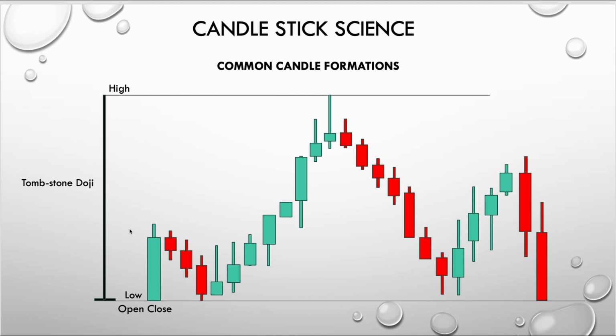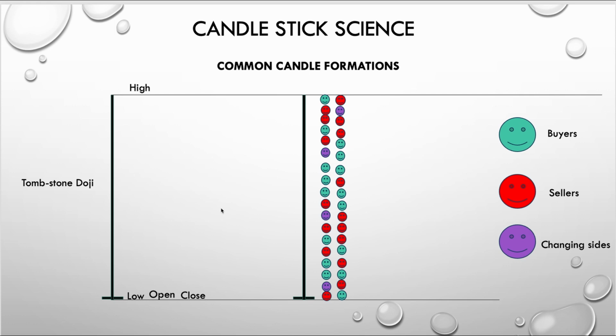We have people buying and pushing the price up, but the sellers step in at its high and sell off the market to come back close to its low. Its internal structure is just the opposite of the dragonfly doji. Here, when the price reaches the high, very many people stop buying and they all change into selling. So they aggressively sell off the market back to its low here,